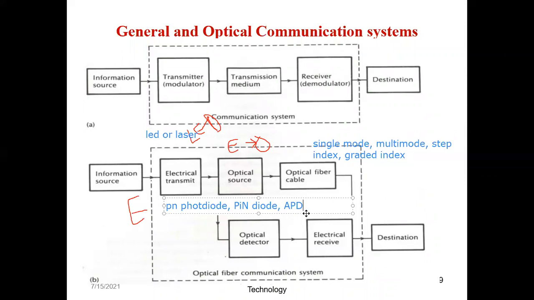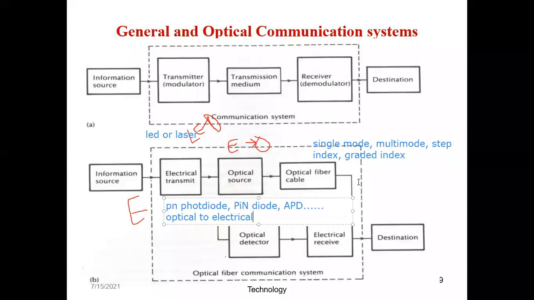So this optical detector is converting the optical to electrical again. Okay, so many parameters are there that we need to take. And then it converts. So I have an electrical receive circuit. So here you can say filtering, reshaping of the pulse. Okay, so this is the simplest block diagram. Now इसके अंदर मैंने repeater डाला है, ना amplifier है, ना mux है, ना demux है. Okay, so in a simplest way, this block diagram has been explained.